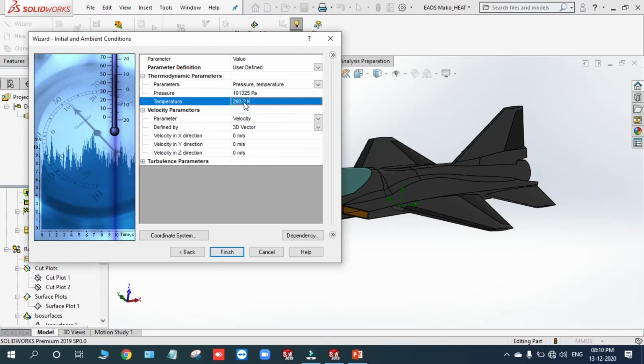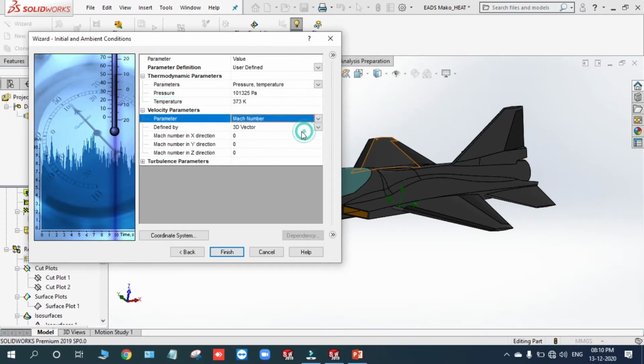I'll define it as 373 Kelvin, not more. I'm considering an approximate temperature, not exactly the requirement. To get tool knowledge, not everything has to be exact, right? It's okay, not an issue for me.